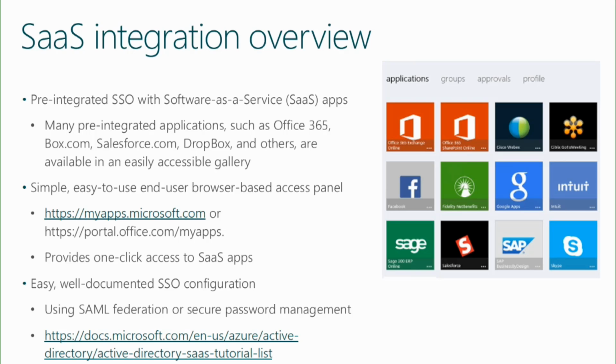Now, the supplemental power that you have is that now you can publish all these applications in a portal, myapps.microsoft.com or portal.office.com/myapps. And it allows you to access those applications. If you're already authenticated, you don't even get prompted for authentication. It's a single sign-on experience. So it's an exceptionally good way to take all these different software as a service applications and make them a seamless integration for your existing users.